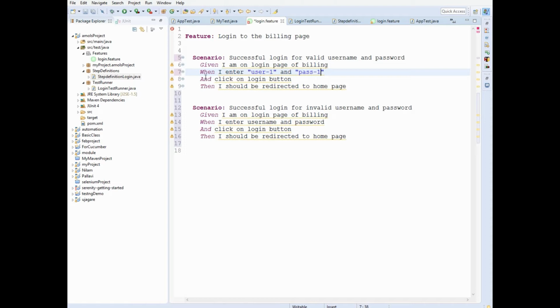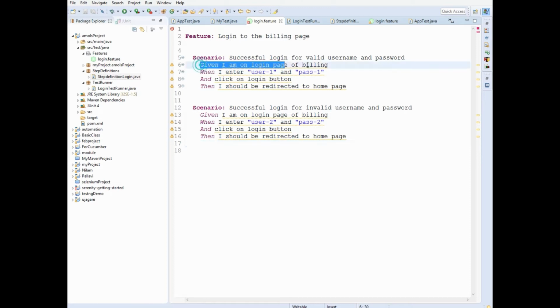Here the same thing I will repeat, and here I'll change user 2 and pass 2. Similarly, you can get different scenarios, wherein you just change these values inside it. Fine. So now I'll save this.